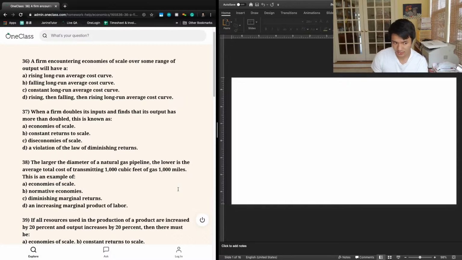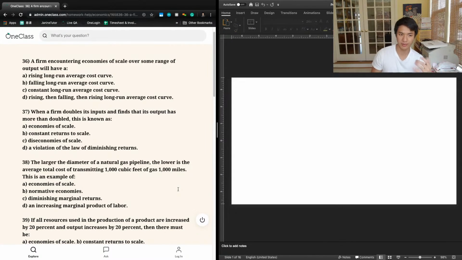The reason we see this is often in industries where fixed cost is very high and variable cost is very low. Again, like an automobile industry where you have high fixed cost to build a factory, but low variable cost to build each car. And so in those circumstances, by increasing the output, you're actually decreasing your overall average cost because you're dividing the fixed costs that you incurred in the initial start of the company among more and more